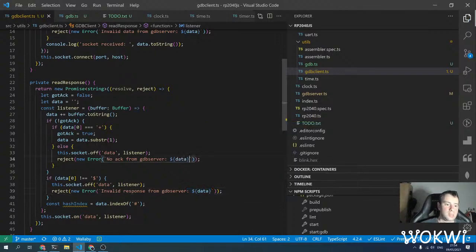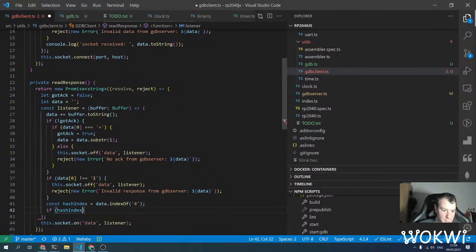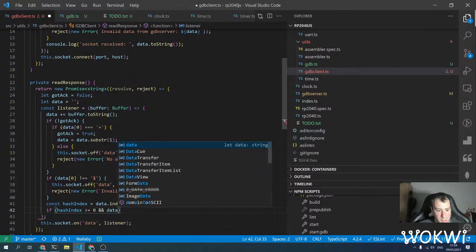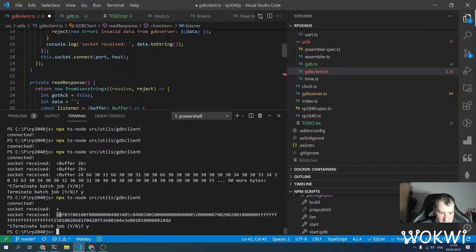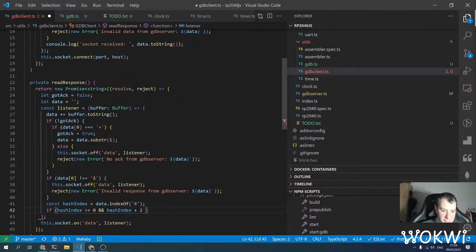So that's if we don't get this $ sign, and then if we got it, we are looking for the hash index, if it finds it in the string. We have the 2 extra checksum characters after this hash. As we can see here, there is a plus, $, response, hash and 2 checksum characters. So if we got enough data,